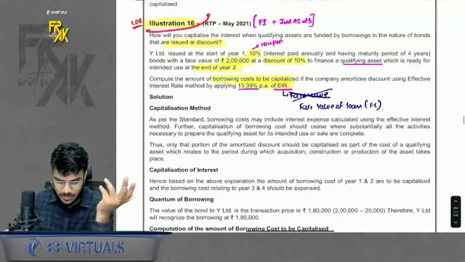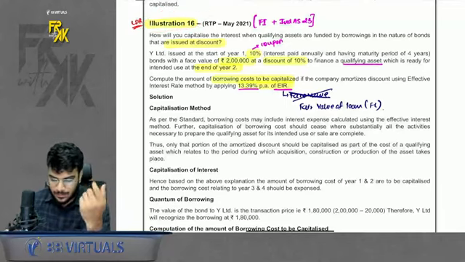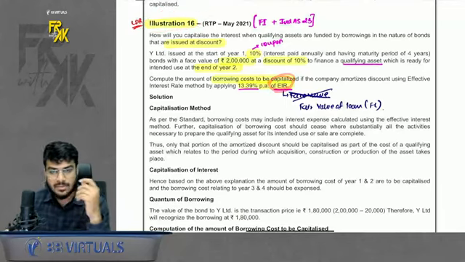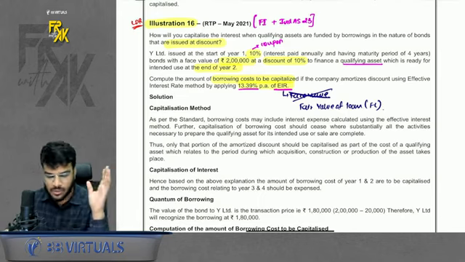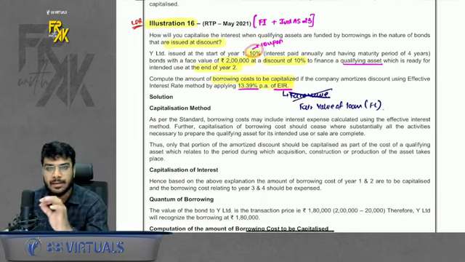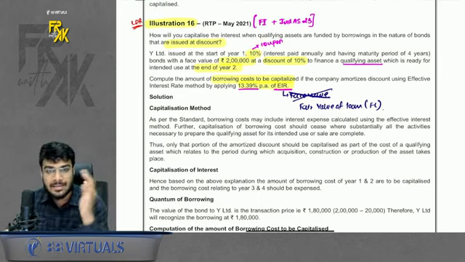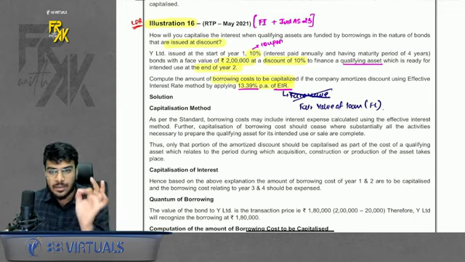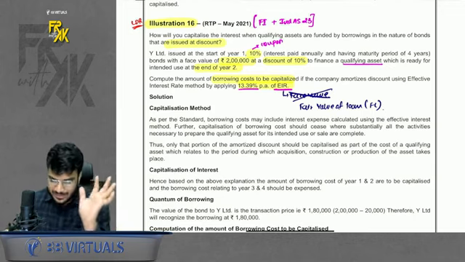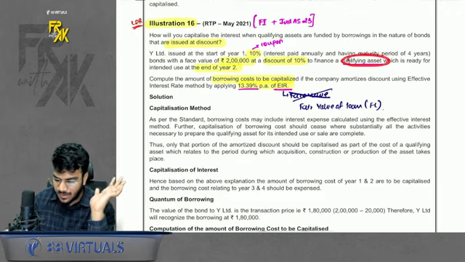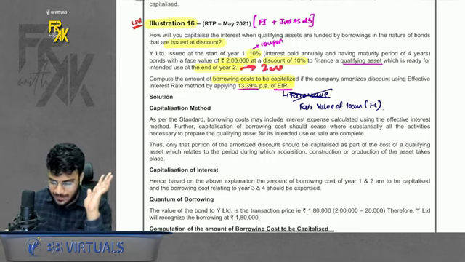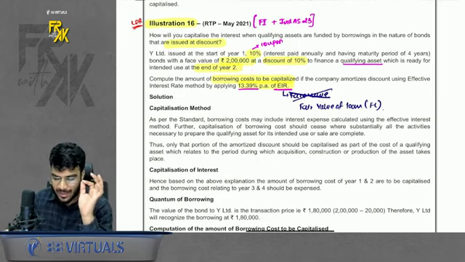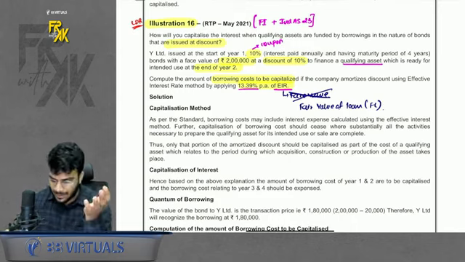Then we do illustration number 16. The only difference here is now EIR also comes into picture. So it is a combination question of financial instruments and borrowing cost. Normally in the previous questions only coupon was given, so we were capitalizing the interest based on coupon, assuming that coupon and EIR are the same. But I told you while revising the concept also that if EIR is given, you will use the interest of EIR. So it says that the qualifying asset went on for construction of 2 years. So 2 years interest you will capitalize, but you will not capitalize interest as per coupon. Capitalize the interest as per EIR.